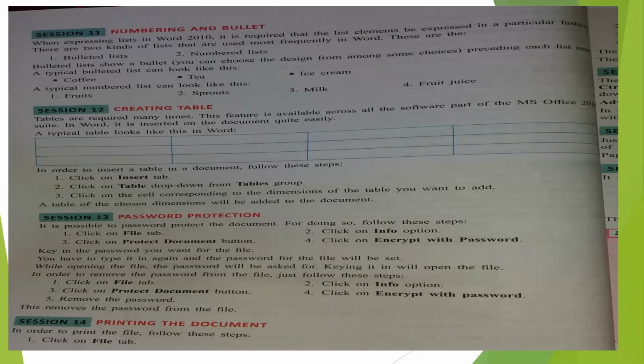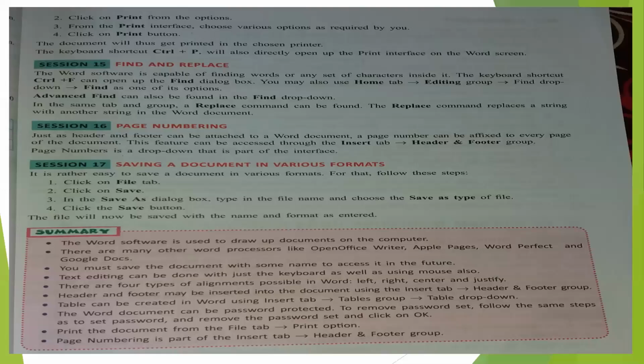All right, next is printing. Printing is as simple as that, a way where you can take a hard copy of your digital document. For this, you can click on the File tab and then click on the Print option. It will give you a print preview. Print preview is better because you can see the actual copy on the computer only, what is going to be printed, and how it will come in one page or in two pages. You can do some printing settings also. One very simple step is you can press Control P and the same preview will appear, and then you can press Enter in order to give your print command.